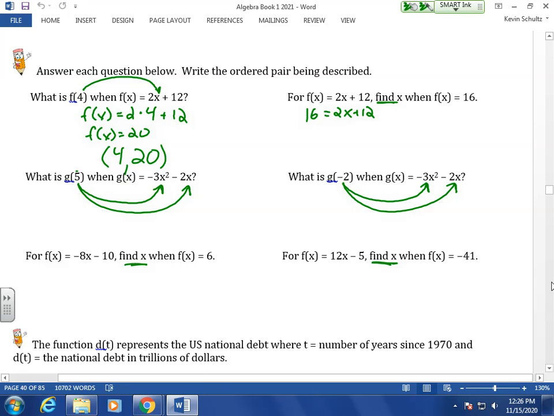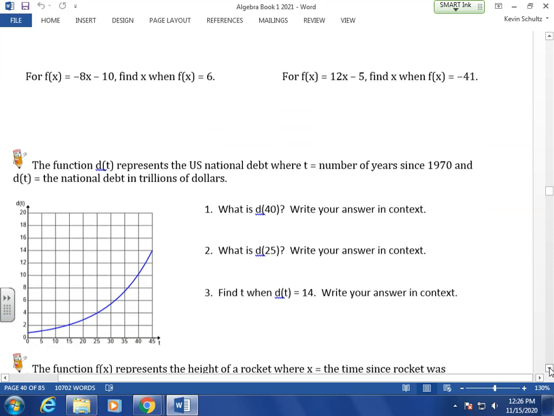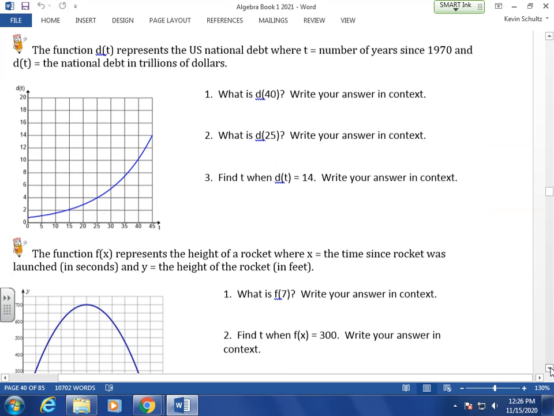Okay. Now, in the context of function notation, when are we actually going to use this stuff? Here are two examples. The first one says the function d of t. Remember earlier I said that f of x, g of x, h of x are the most common, but you might see p of r or something. Here we have d of t, where d represents the debt. D of t is the national debt in trillions of dollars, and t is the number